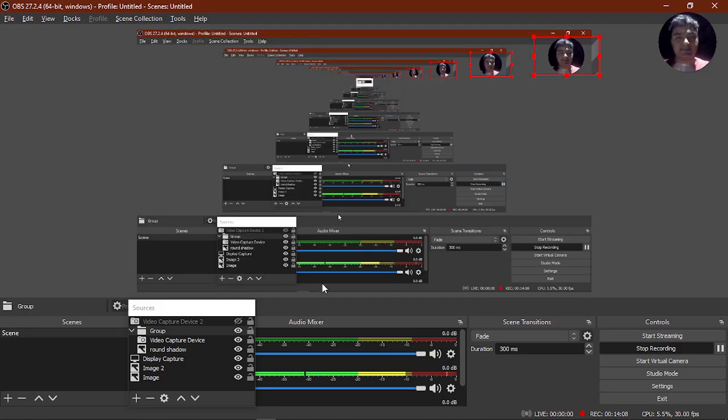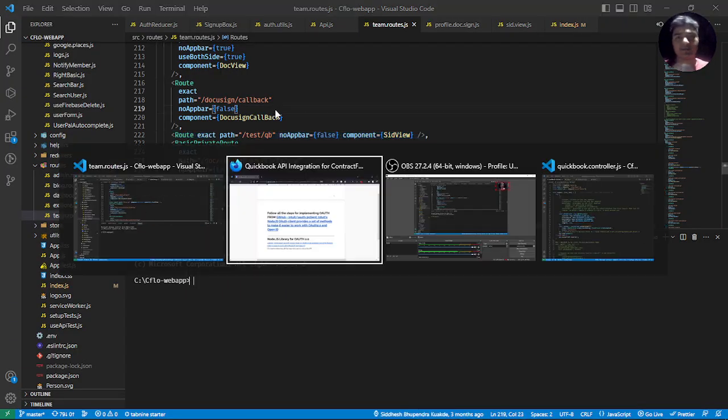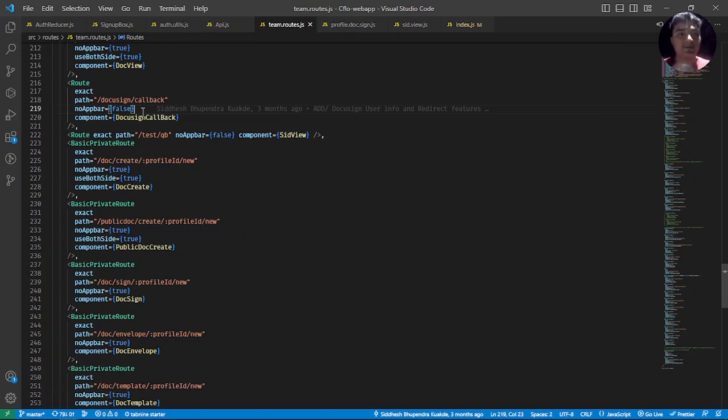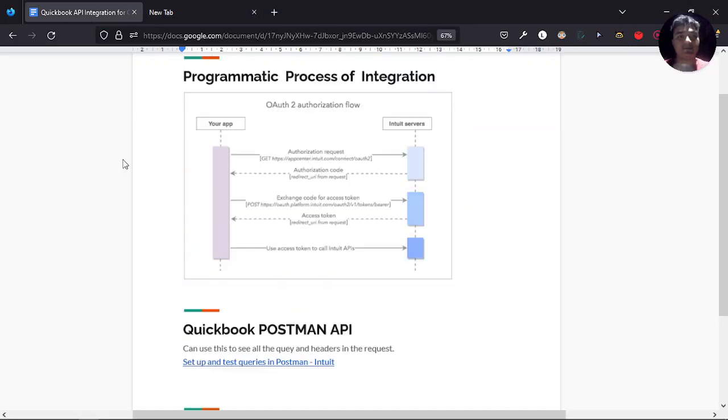Now let's finally take a look at the code to see how it is implemented. I think we should start with the front end first, because it is very simple. So basically the page that we were seeing previously, which was the,